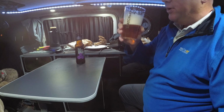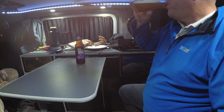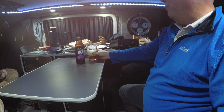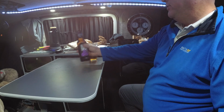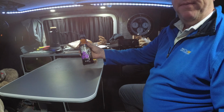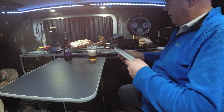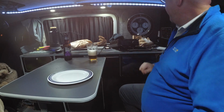Brewed in Burton-on-Trent. Wow. That is good stuff. Old Empire IPA. Beautiful. Okay, so what we got? Plastic plates. Always necessary when you're camping. And we're going to start off